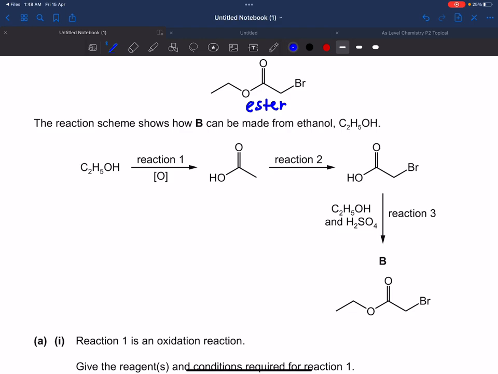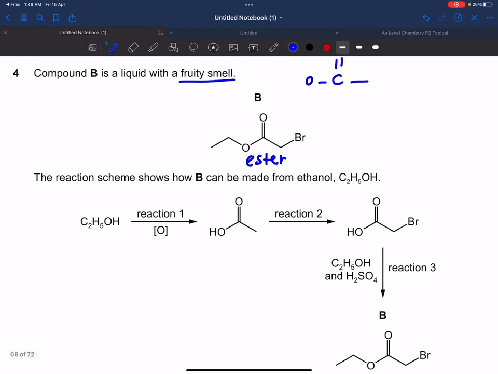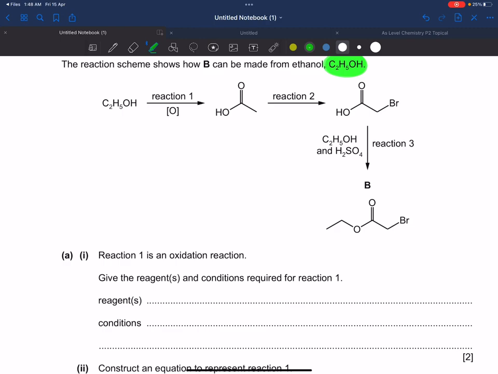The reaction scheme shows how this B, whatever this ester is, can be made from ethanol. So we're using ethanol here. Reaction 1 is an oxidation reaction. Give reagents and conditions. Reagents are different. Conditions are different. So what are you going to write? Reaction 1. This is what? This is a carboxylic acid. Do you remember that? This is a primary